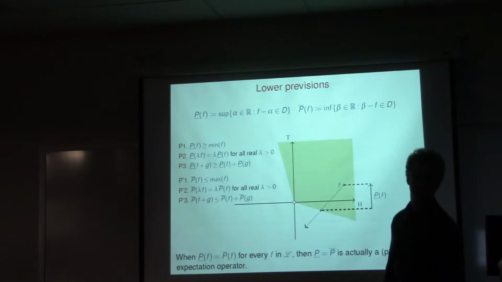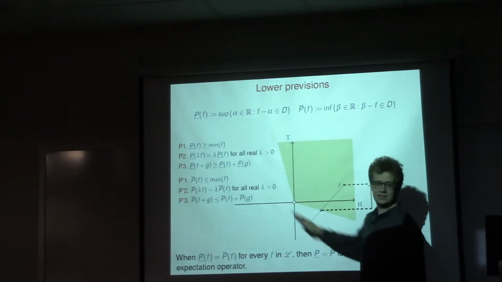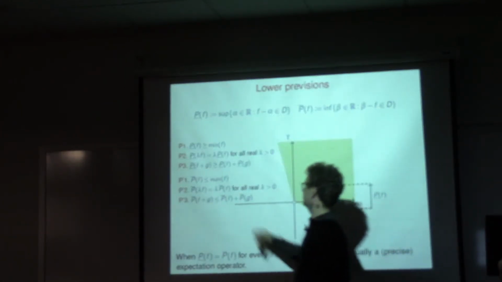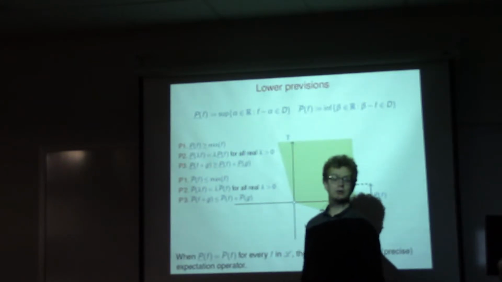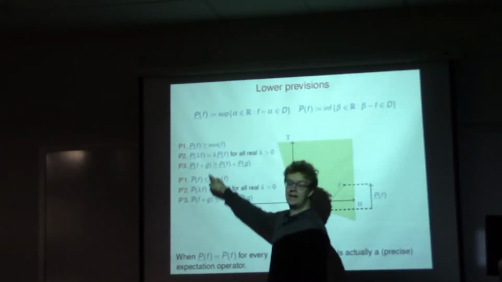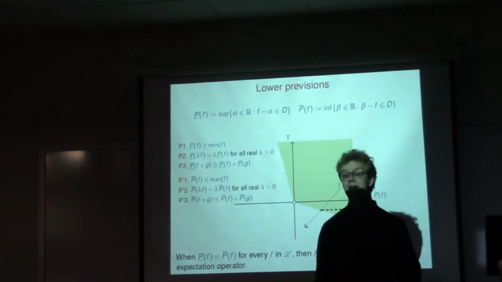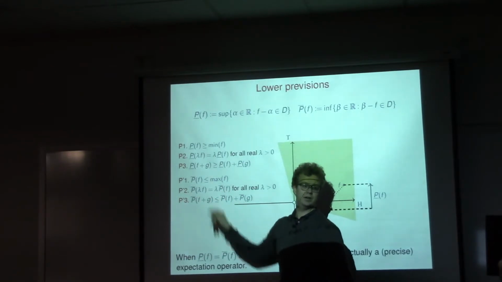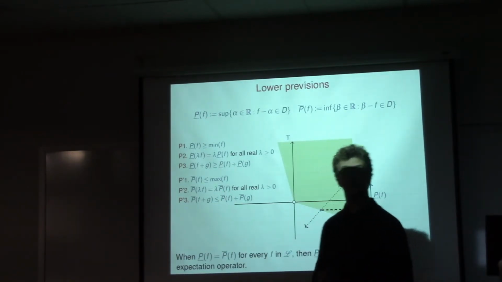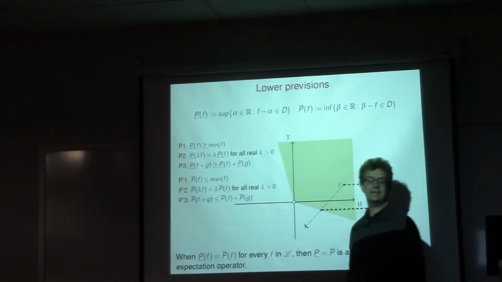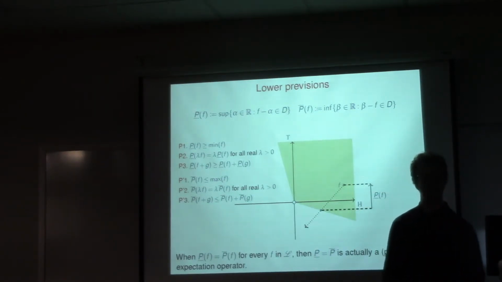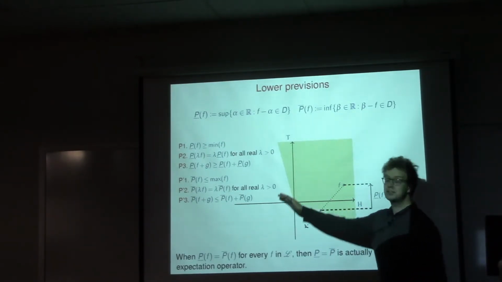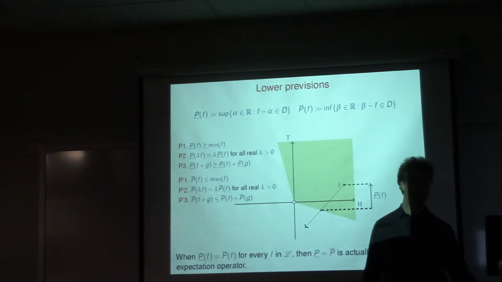So now we have an interesting thing. If I have a half space, then I already know from the previous slides that its lower prevision equals its upper prevision. So the lower prevision is both superadditive and subadditive. In other words, it's additive. And if it's additive, then this works for any lambda, also negative lambdas. So if I have a half space, it's actually a linear operator. Therefore, it's an expectation operator. This is a graphical proof that it's an expectation operator.